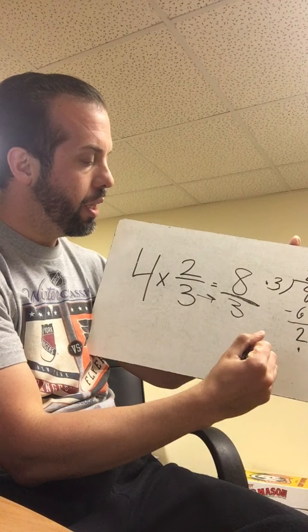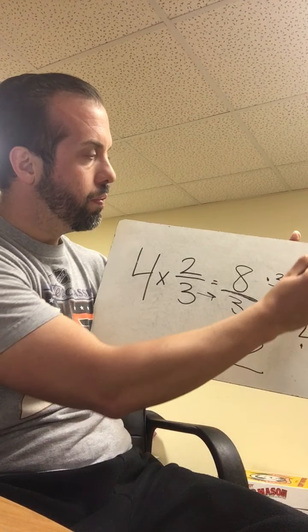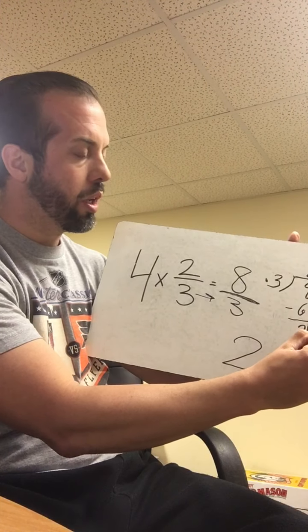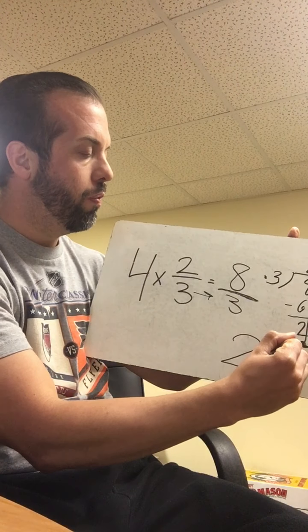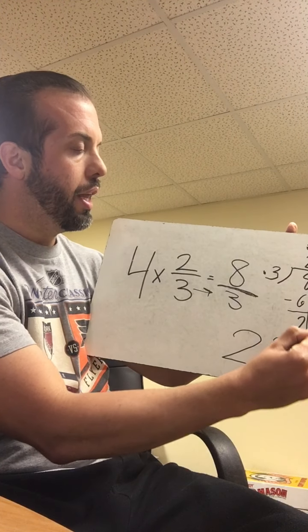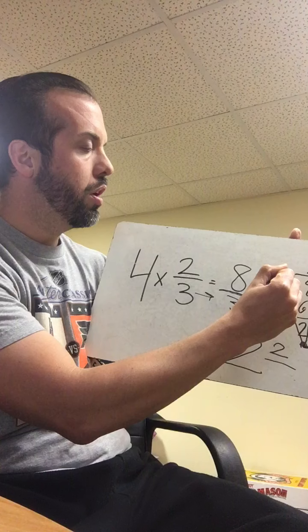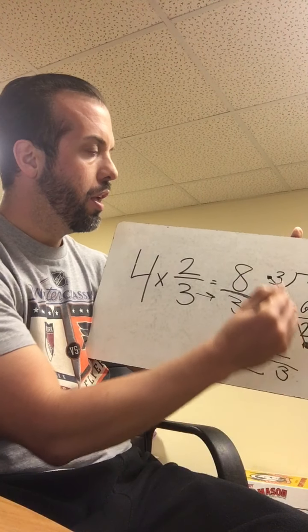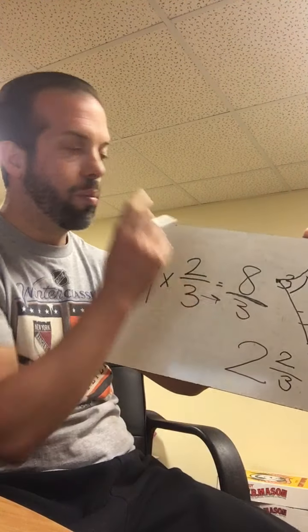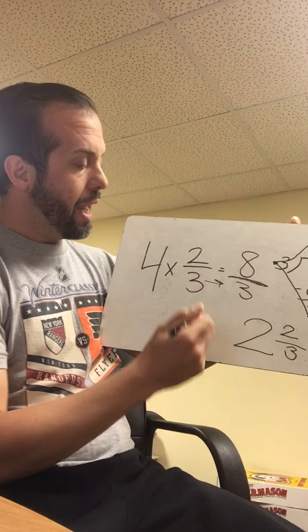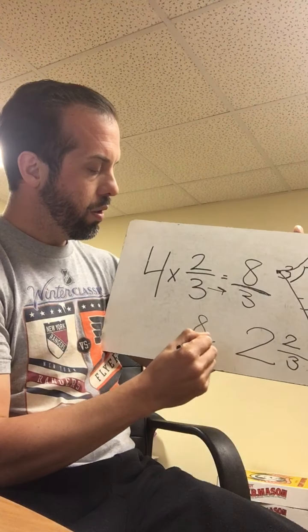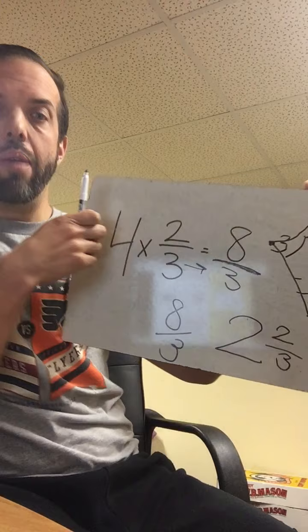So my quotient is 2. Go down to my divisor. Go down to my remainder, which is also 2. And then go back up to my divisor, which is 3. And my triangle is complete. So 8/3, that was my improper fraction,